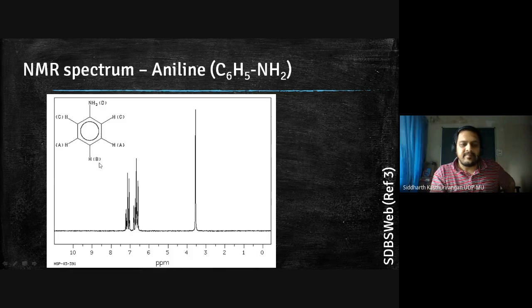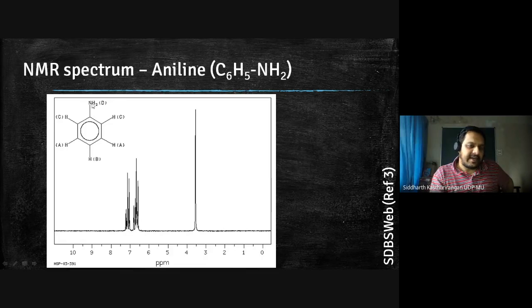Now, if you notice closely, there are two hydrogens attached to the nitrogen, and there are 1, 2, 3, 4, 5 hydrogens attached to carbon. This peak corresponds to the hydrogen which is attached to nitrogen. Then these two hydrogens, 1 and 2, which are labeled as C, you can see that both of them will basically experience